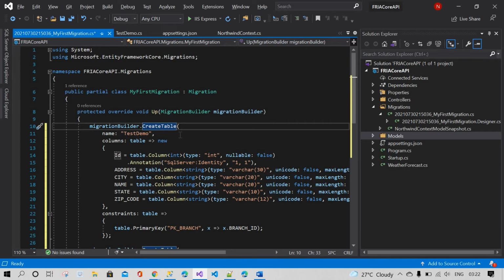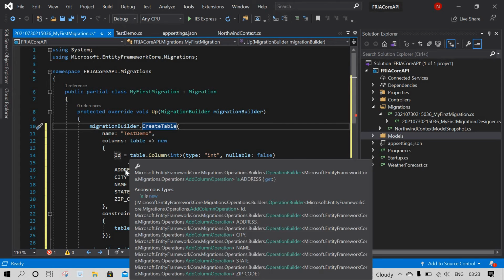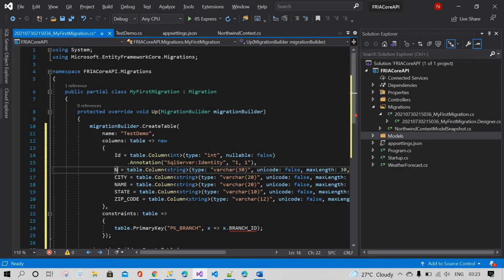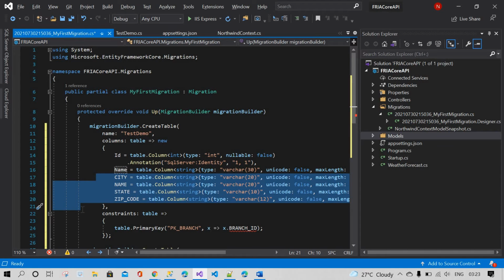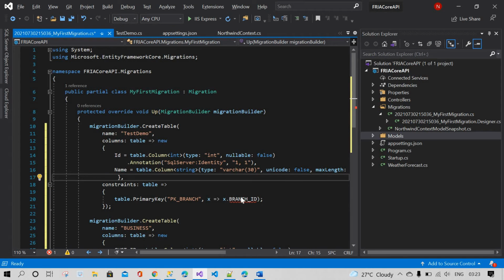Our table actually has only two columns, two fields, so the remaining things we don't need. Remove. So x.Id represents only the Id.